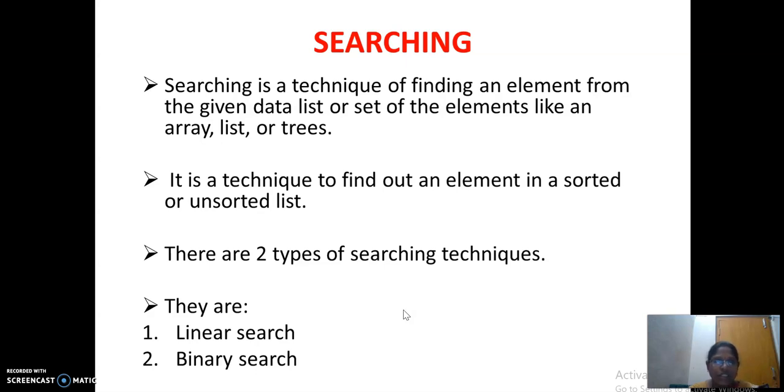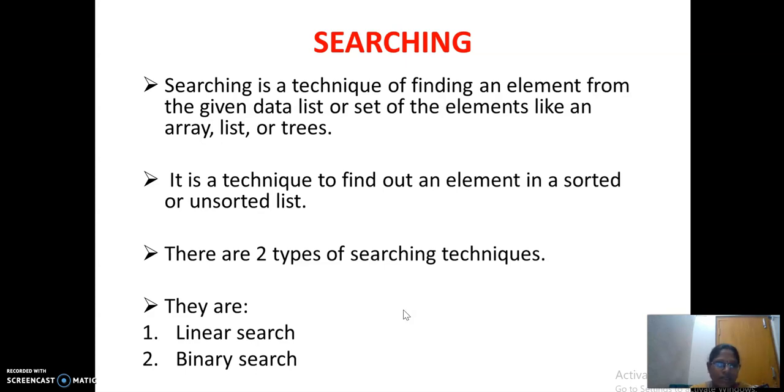Before going to the binary search, once again we will see what searching is. It is a technique of finding an element in the list of elements. That list of elements may be arrays, or a list, which is nothing but a linked list, or trees. We will search, or compare, each and every element with the key element. If it is found, then you will return the position where you have found that element, or else if the list is completed, you will say that the element is not found. Those are the two basic things which we have to remember while searching an element in a given list of elements.